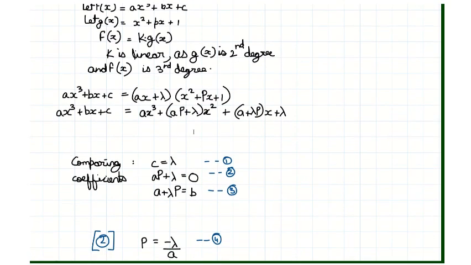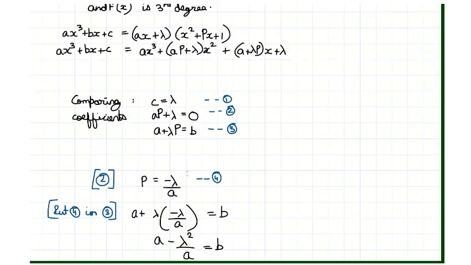Thus we have lambda equal to c, a equal to a, obviously. ap plus lambda is b, and a plus lambda p is b. Substituting ap plus lambda equal to 0, we get p is minus lambda by a. Substituting p as minus lambda by a in equation 3, that is a plus lambda p equal to b, we